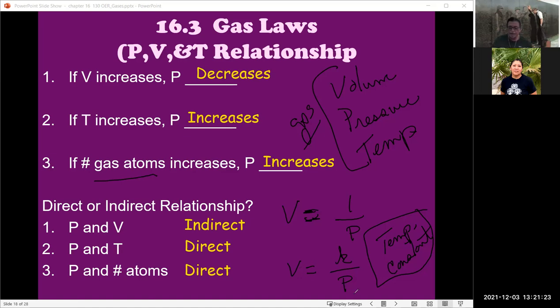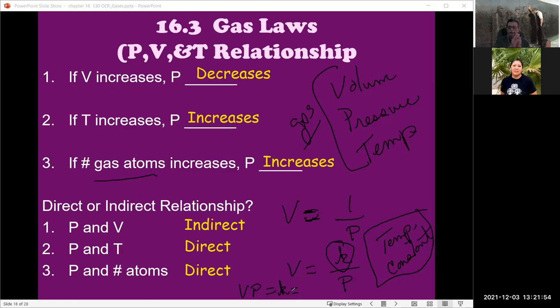Well, what happens is with that, this K is a constant. It never changes. Okay, we can rearrange this equation and say VP is equal to K. And so when we change the volume, pressure changes proportionally, because K is a constant. And we have the product of the new volume and the new pressure